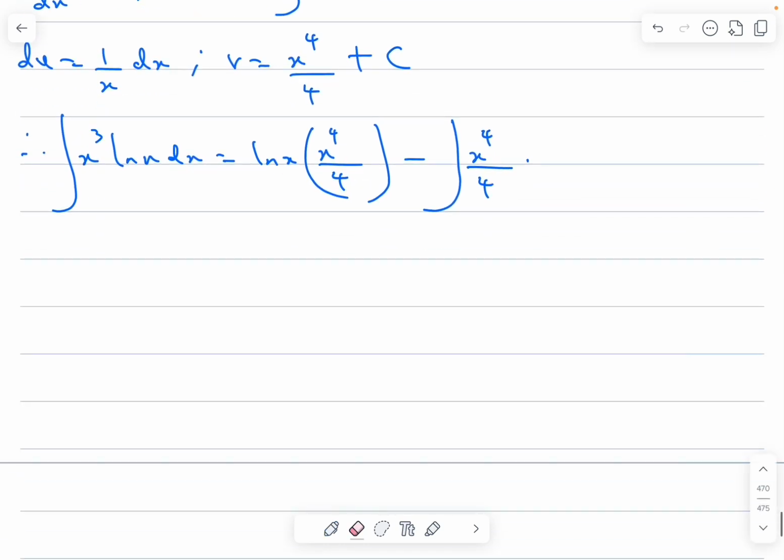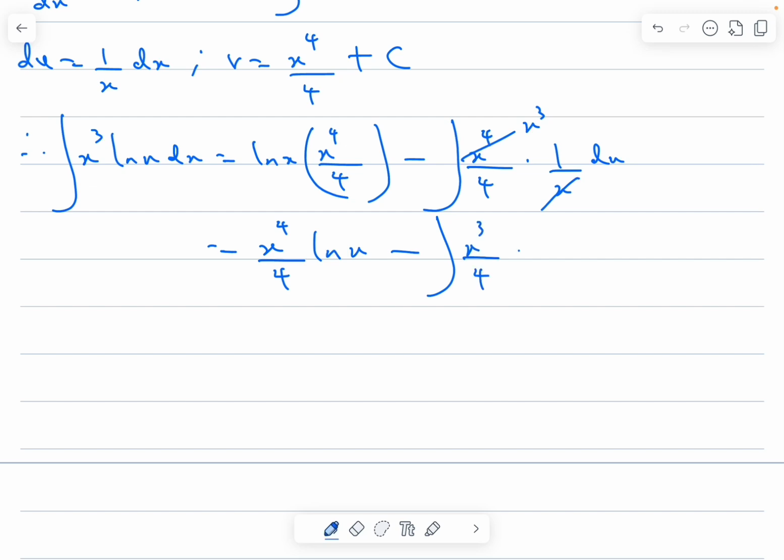That's times 1 over x dx, and that's equal to x raised to the power 4 over 4 ln x minus, I can write this as x here 1, x here 1, x here x cubed, and that will be minus the integral of x cubed over 4